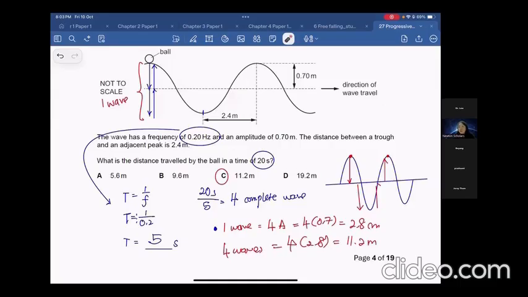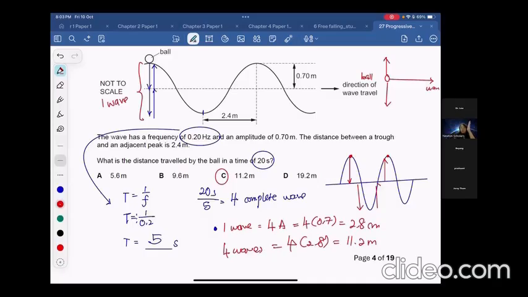Let me check the chat box. So the distance is not between the trough and the adjacent peak, but between the amplitude. No, how far does it travel? You see the ball? The ball actually only travels like this, up and down. It doesn't travel away. This is a wave, but the ball only travels up and down. Okay, so from the crest going down, one amplitude, then to the trough, another amplitude,